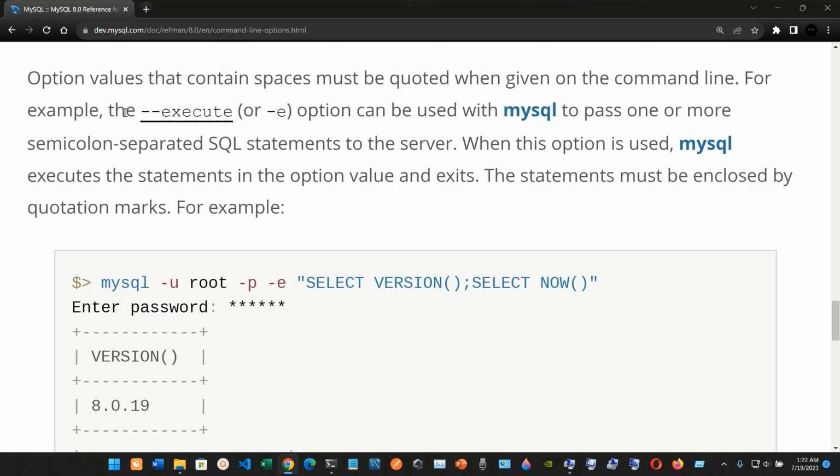For example, the double hyphen execute, or just the hyphen lowercase letter e option, can be used with MySQL to pass one or more semicolon-separated SQL statements to the server. When this option is used, MySQL executes the statement in the option value and exits. The statement must be enclosed by quotation marks. For example,